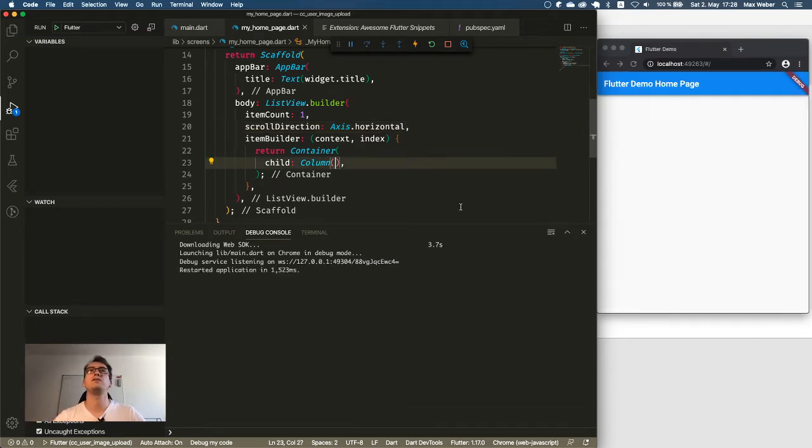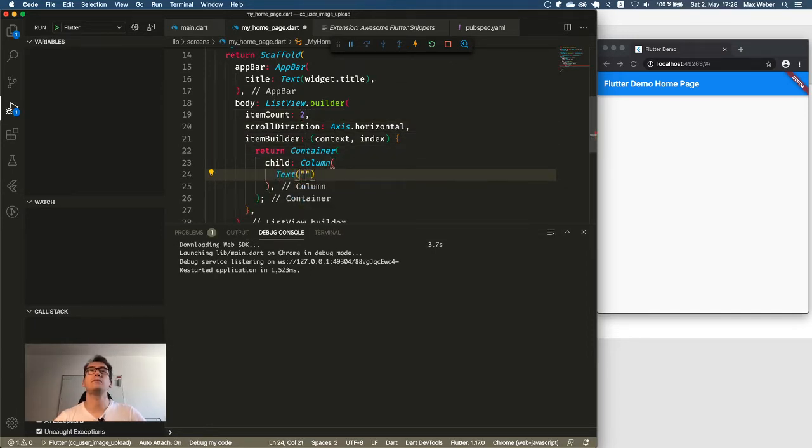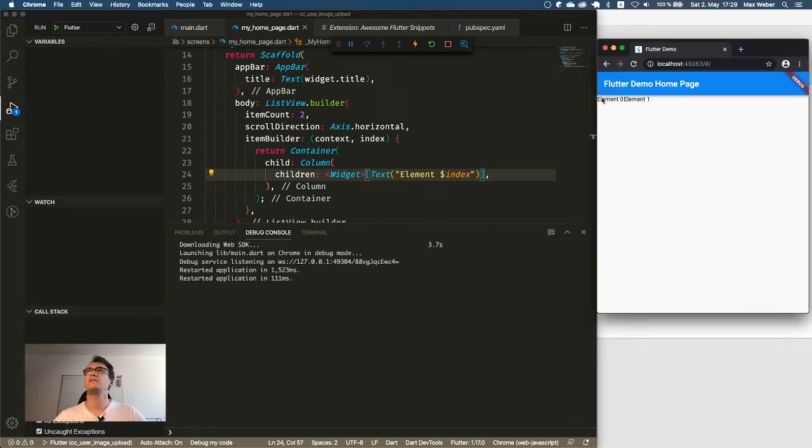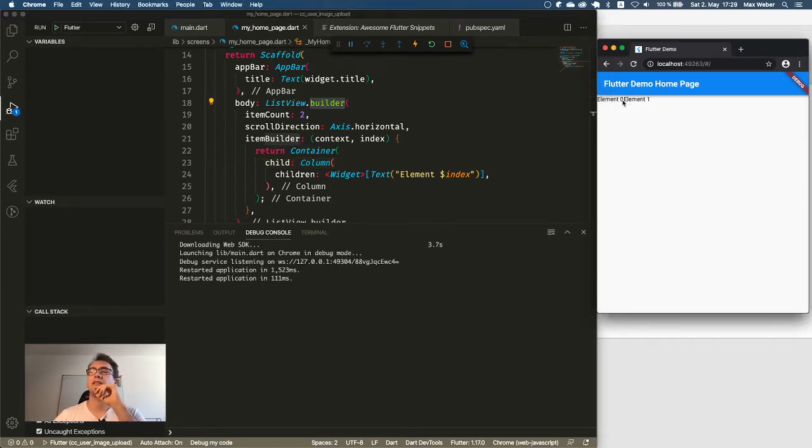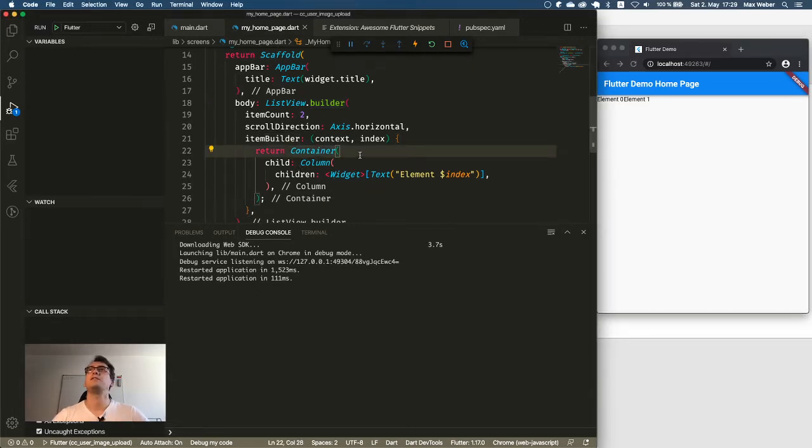If I remember right, horizontally will be the horizontal line. What we can try to see that is we increase the item count to 2, and we just give a text inside the column and write here inside element number index, just to see where we are. And what you can see now, we created our list element with element 0 and element 1. I think the builder is a good idea, but we want to have always a little bit of space in between them. But I think I will do that later if we see it better.